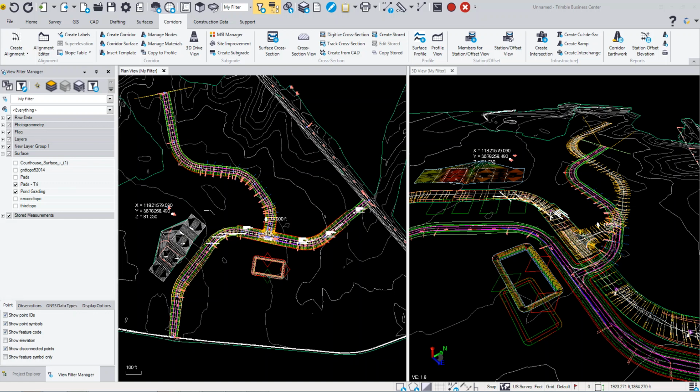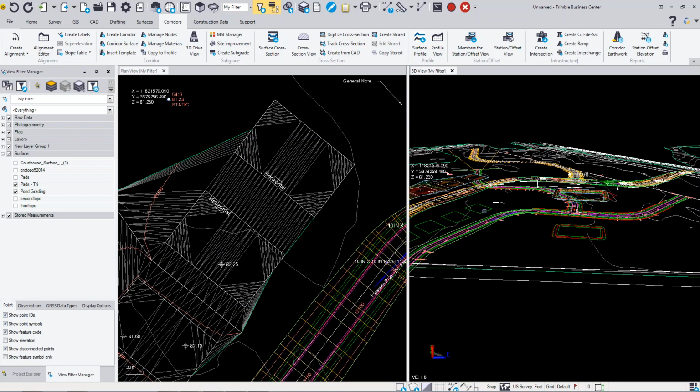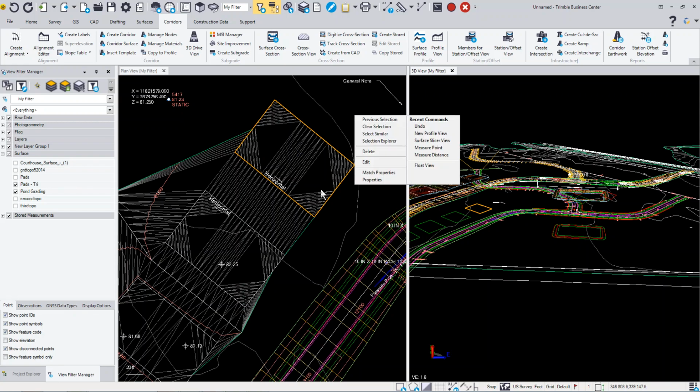So there's some basic editing that you can do. The first thing that we'll take a look at is renaming or looking at the properties of an object. If I was to come into here and we take a look at this information, you can see that I've got some data down here. This is a 3D polyline, so I can select that 3D polyline, right click, and I can look at the